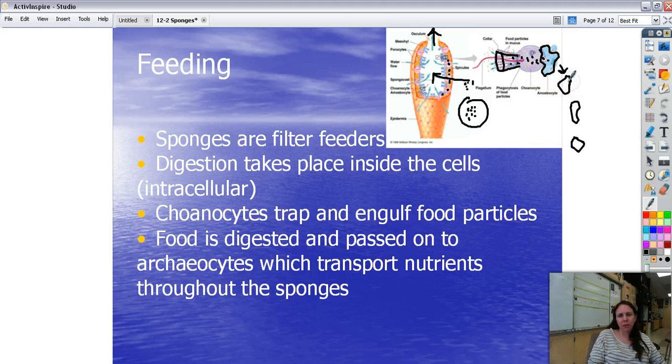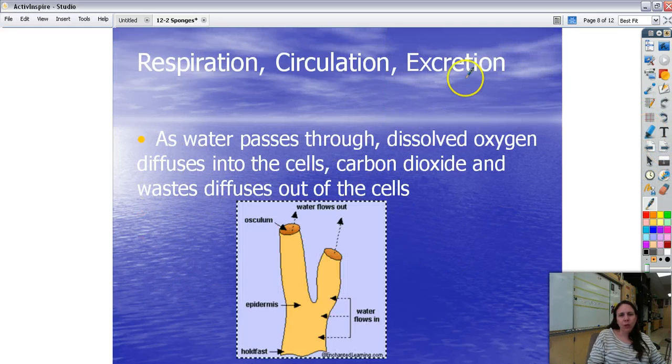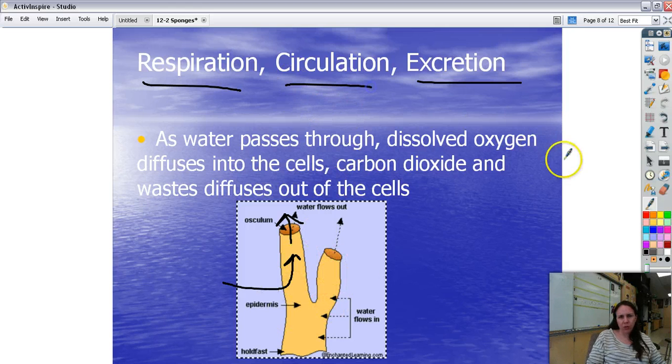The amoebocytes deliver food to the rest of the sponge's body. Once the food is digested, it gets passed on to the archaeocytes, which transport the nutrients throughout the sponge, like I just said. Respiration, circulation, and excretion all are carried out by the same process of water moving into the sponge and out like that. So as water passes through, dissolved oxygen goes into the cells by diffusion, and so that takes care of the respiration part. Carbon dioxide comes out, that's the excretion part, and just the water moving throughout takes care of the